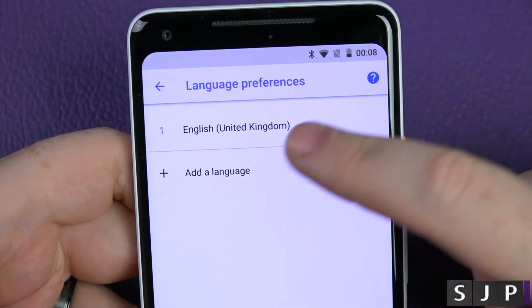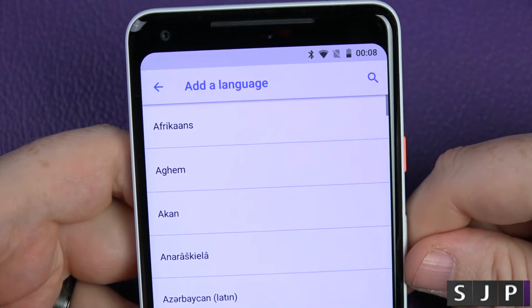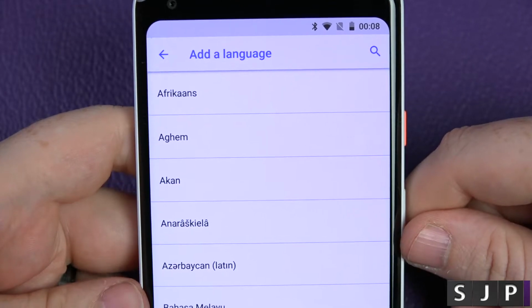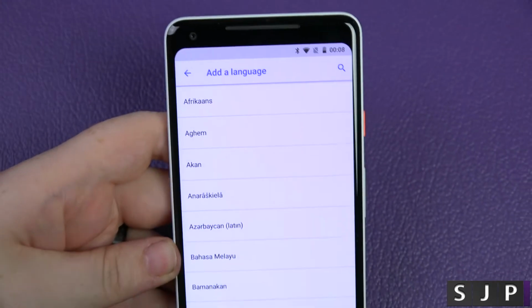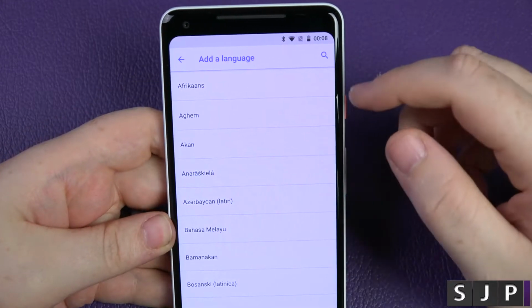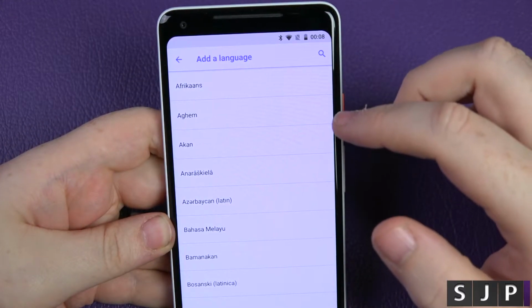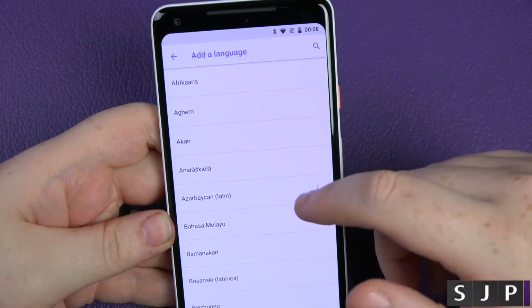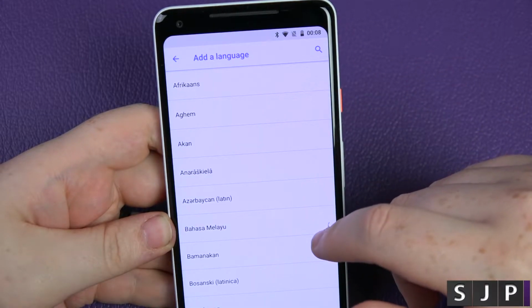You can add a second language. So if you click Add Language, here we go. We are now about to butcher a lot of languages, so wish me luck. We've got Afrikaans, we've got Aghem, Akan,